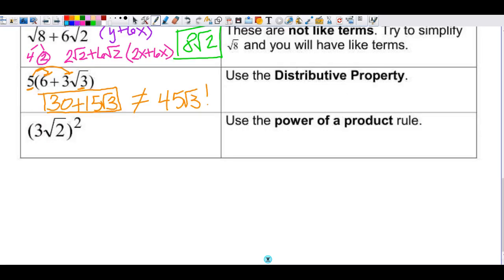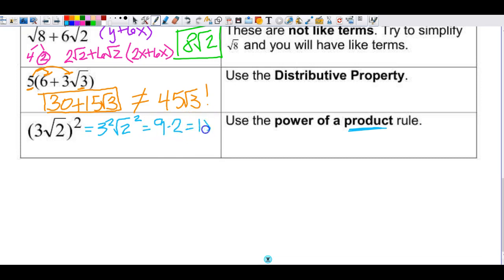Okay, so now we have the power of a product rule. Product means that's the result of multiplication. So when you have multiplication, not addition, multiplication, then you apply the power of product rule. And you should have learned exponent rules in Algebra 1. So what this becomes then is 3 squared times the square root of 2 squared. So then we know that 3 squared is 9, square root of 2 squared is 2, and 9 times 2